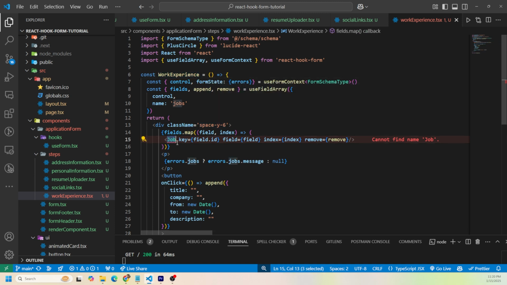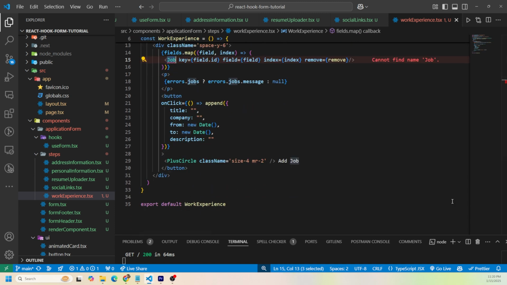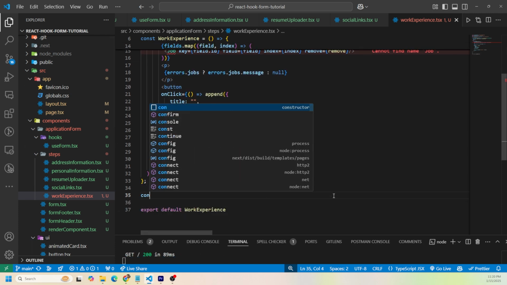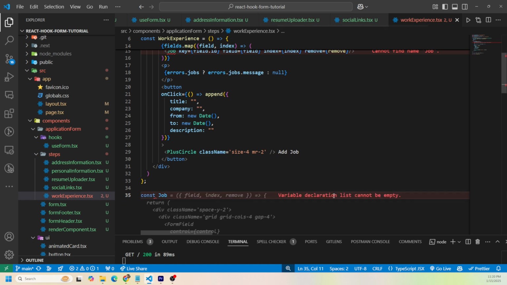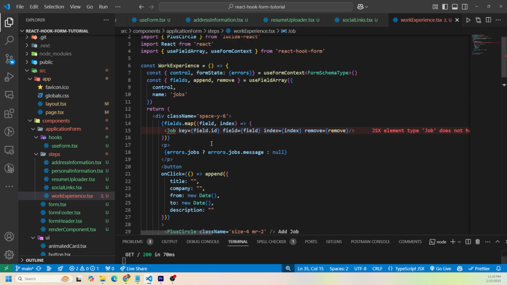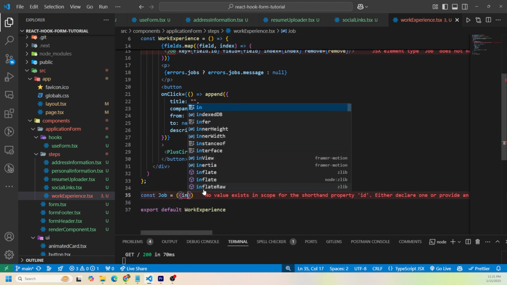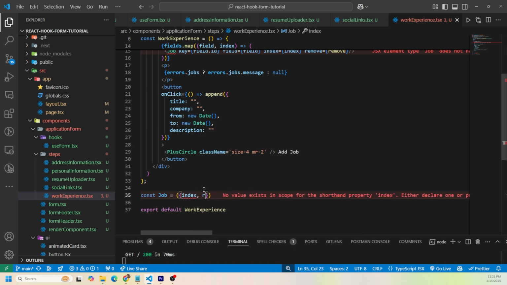So this is going to be it for that specific component with the work experience, but we do need to create this job component. So what we can do is just right below this yellow bracket above the export default, we can actually create a const Job, and let's see what it is taking in, what we're passing in as props. We are passing in the index, remove, and the field, right? So what we can do here is we could do index, comma, remove,